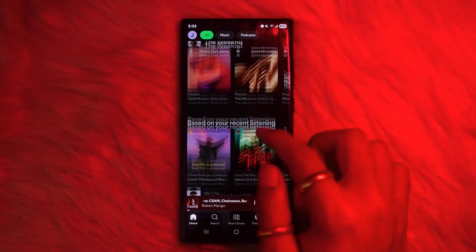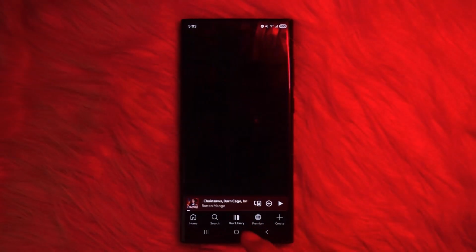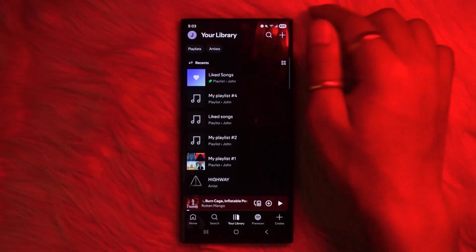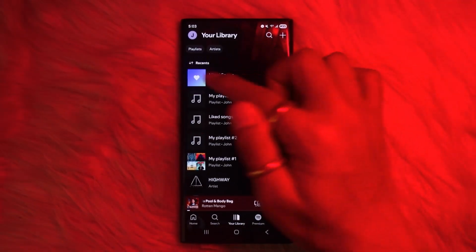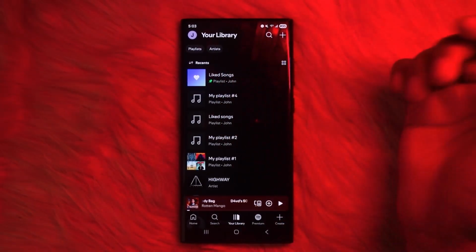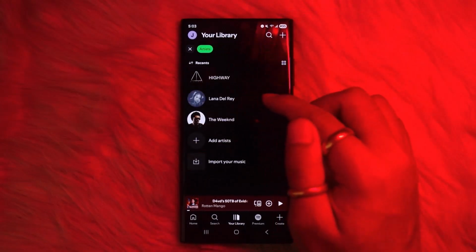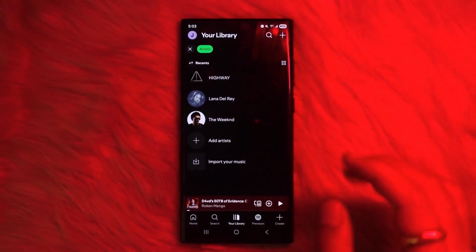playing panel, what you can do is simply access this your library option. If you have saved your podcast, audios, or even songs, you should be able to find it over here in this recent tabs. Or you can also tap on this artist option to view that specific artist that you had